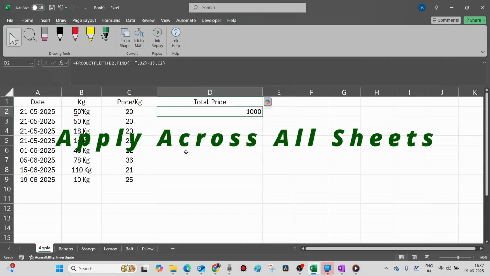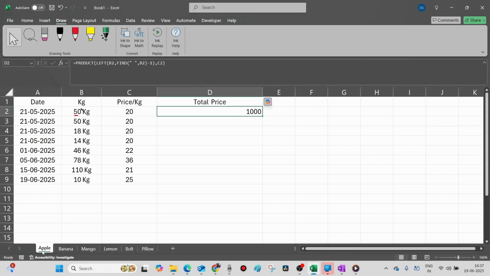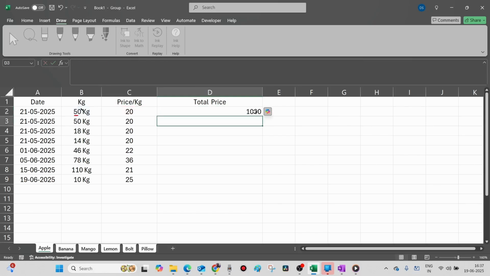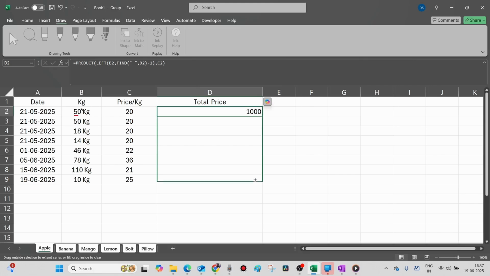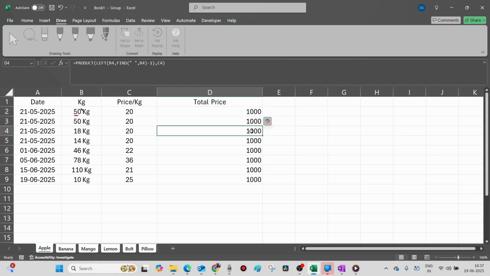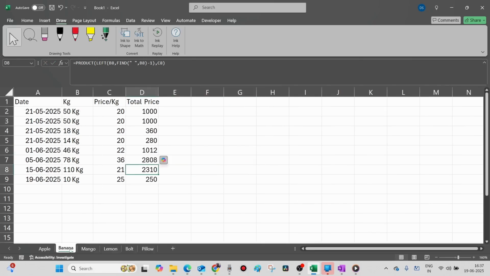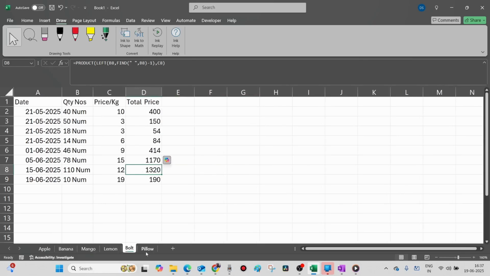Now for the last part, select the first sheet, hold shift, click on the last sheet. You can see all sheets are now selected. Go to the total cell on the first sheet, double click and hit enter. Drag the formula down. Seeing the same value everywhere? No worries. Just double click again on any total cell and hit enter. Like magic, all values are now corrected. Let's verify. Yes, all seats calculated in one go.